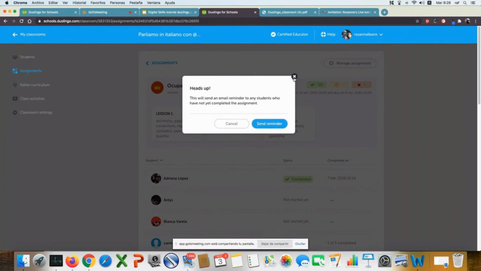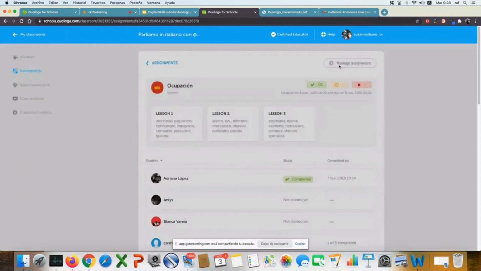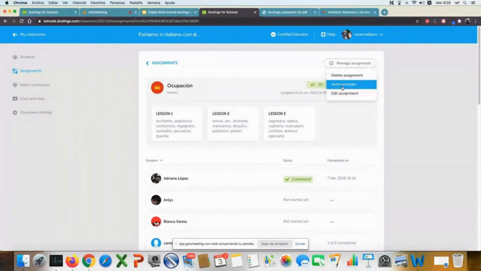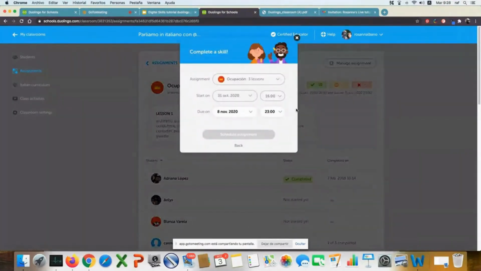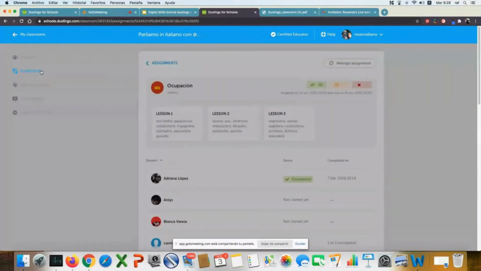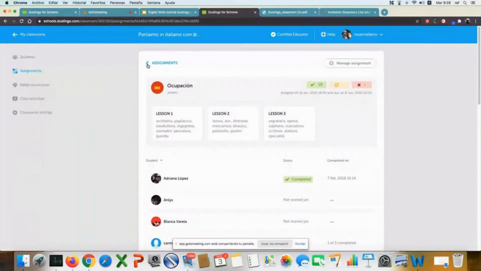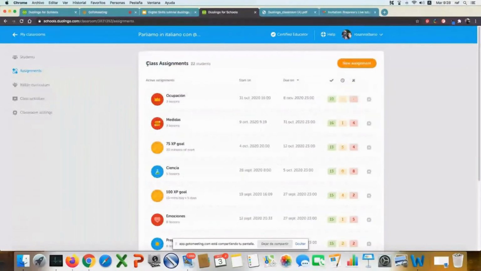They can do it. Or, sorry, I can edit the assignment, maybe if I want to give them more time. But if I want to set up a new assignment, what should I do? There are two ways